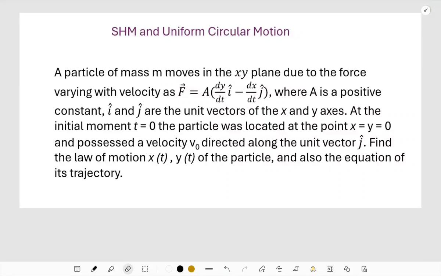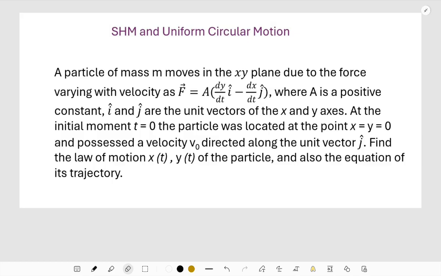Welcome again. Here is another problem that bridges the relation between simple harmonic motion (SHM) and uniform circular motion. And this is one of those important problems you would like to solve in your life,